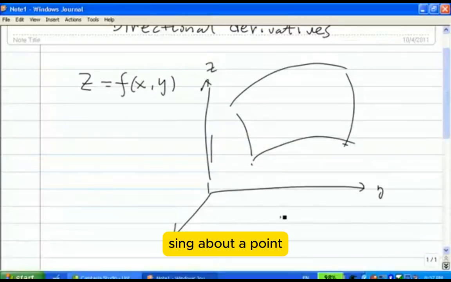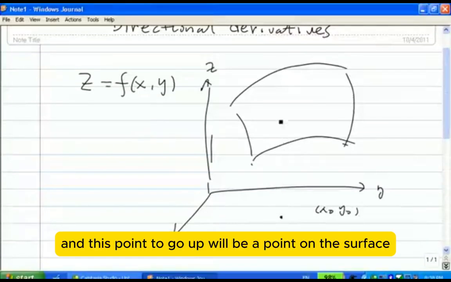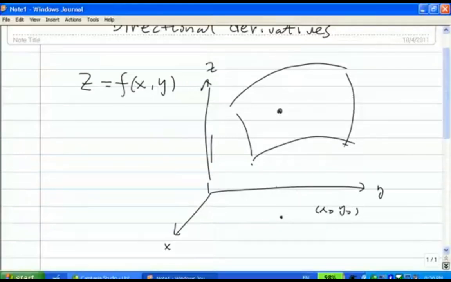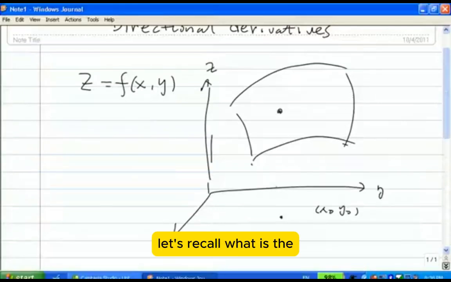Think about a point, say x naught, y naught, and this point going up will be a point on the surface. Now, before we talk about the directional derivative, let's recall what is